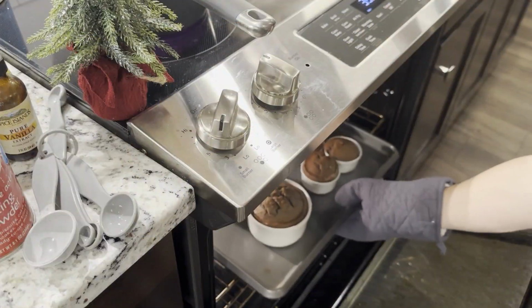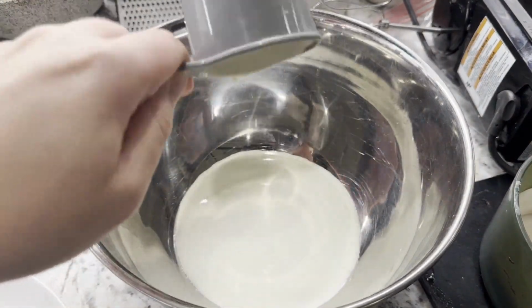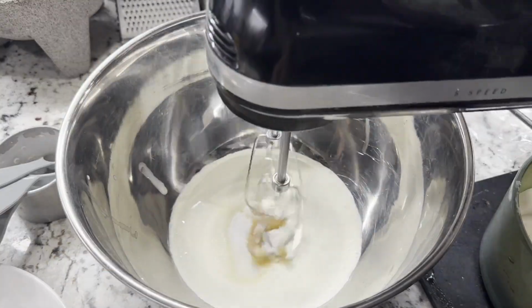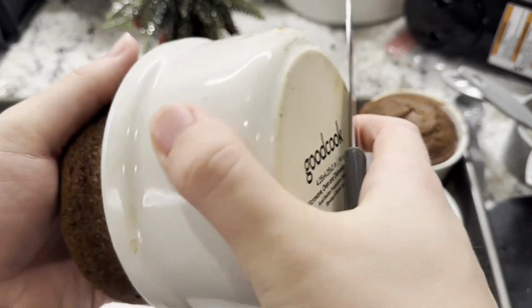Once your pudding is ready, take it out of the oven and let it rest for 10 minutes or so. While we wait, we'll make our whipped cream. In a bowl, add your heavy cream, sugar, and vanilla extract, and beat with a hand mixer until medium peaks form. Then, when you're ready to serve your figgy pudding, you may remove the pudding from the ramekin or leave it in,